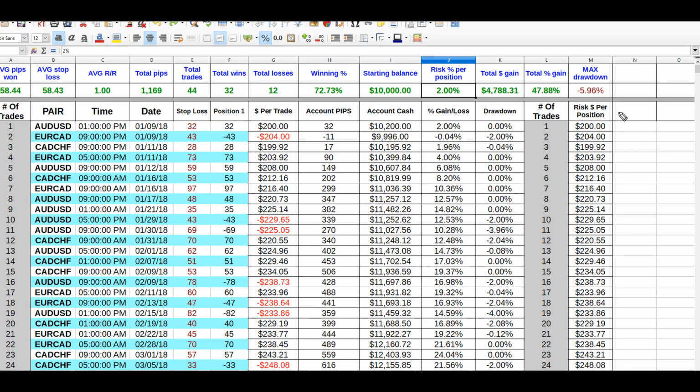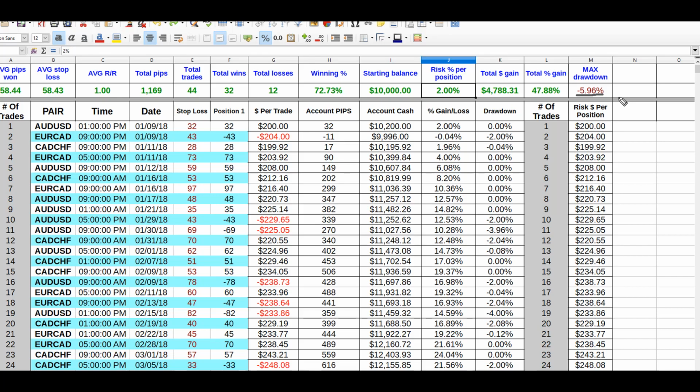Okay guys, so now we're going to talk about how we can determine what we need to risk per trade based on our backtesting results to start out with. So this is going to give us a rough draft of what we should be risking per trade based around your personal risk tolerance. Again, I have to reiterate, this is not me telling you how much to risk per trade. You need to risk an amount you're comfortable with based on your own knowledge, your own backtesting, and